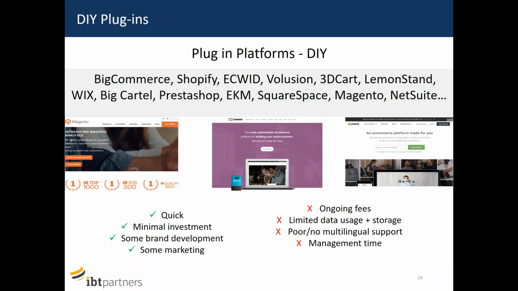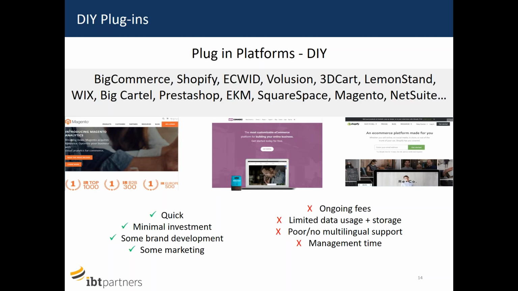And the second point is multilingual. Many of them are not really fit for purpose for international websites and multilingual websites. And this is something that's always really confused me with the plugin platforms. Surely e-commerce from the very beginning implies that you're looking at going internationally, that you're looking beyond your core domestic market, and that you must have, in that case, some kind of view on multilingual sites and hitting other markets right from the very beginning.